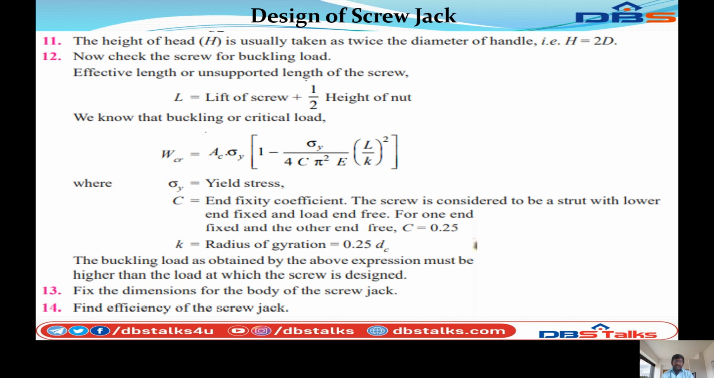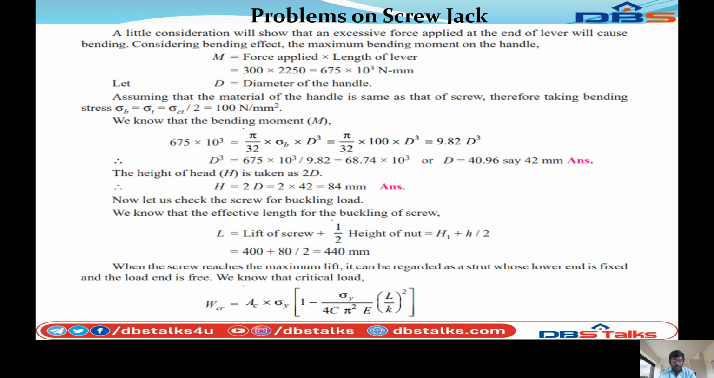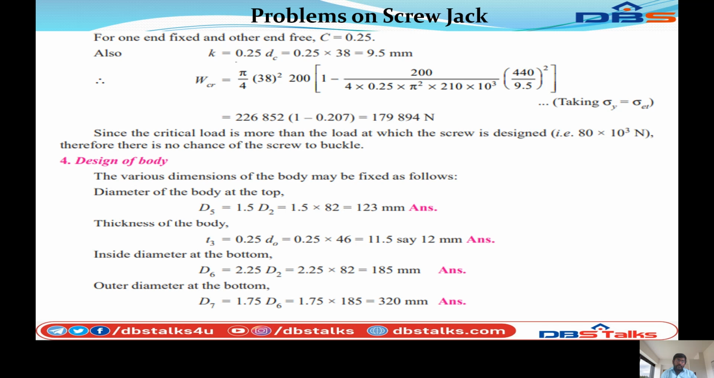So next we calculate WCR. For one end fixed and the other end free, C is 0.25. This is the standard one. K is equal to 0.25 into DC. So 0.25 into 38, that is equal to 9.5. Substituting the values, WCR is equal to pi by 4 into 38 whole square into 200 into 1 minus